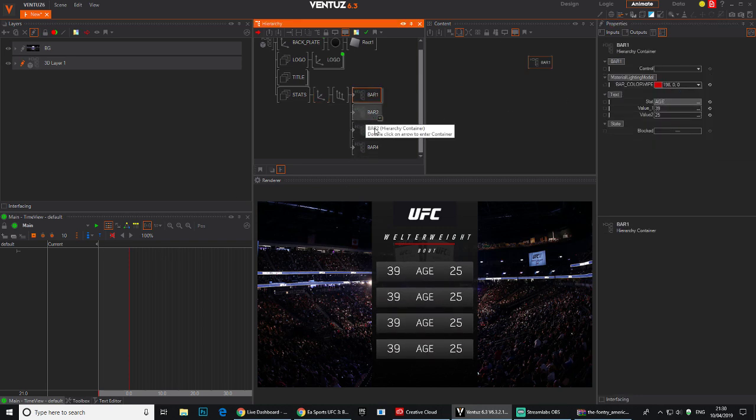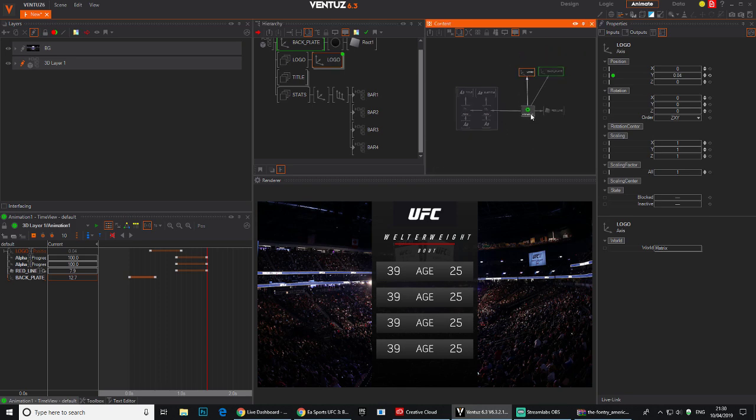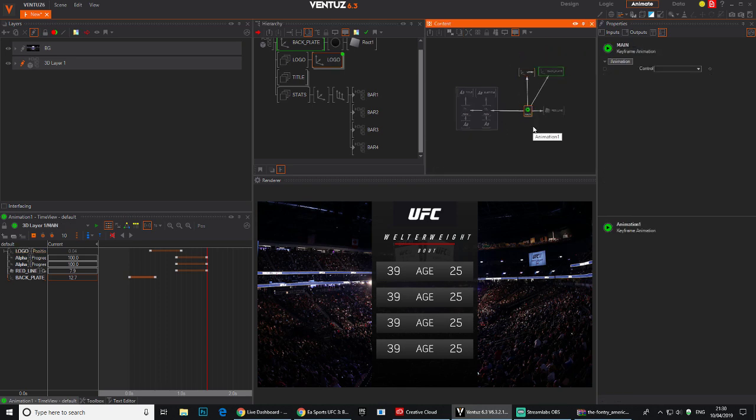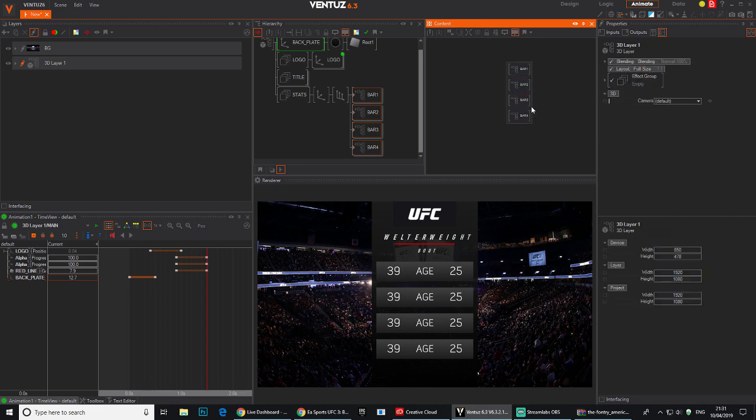So now to animate these, so we have them stagger. What we can do is we've got our main animation here. You can name this main if you want. Or normally you'll name it like the full frame, whatever that full frame graphic is, so you can reference it if you build it as a template, but that's a whole other thing. Anyway, so I'm just going to get these bars, parent them together as a group,